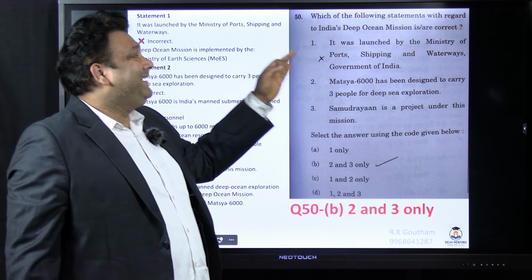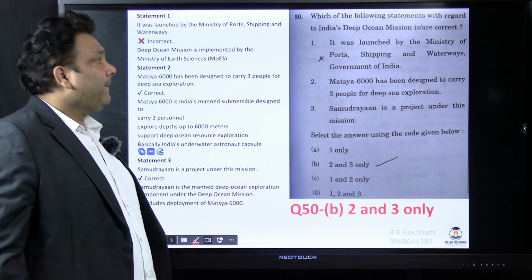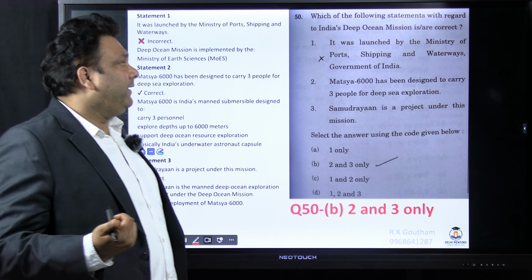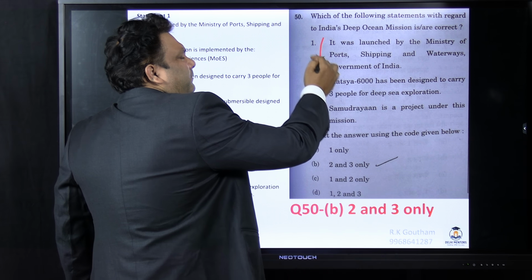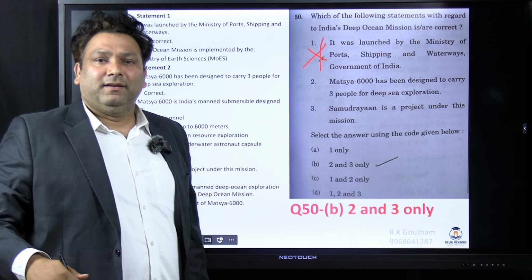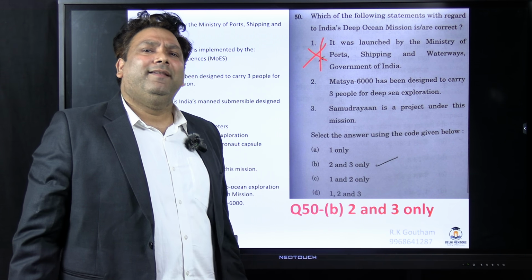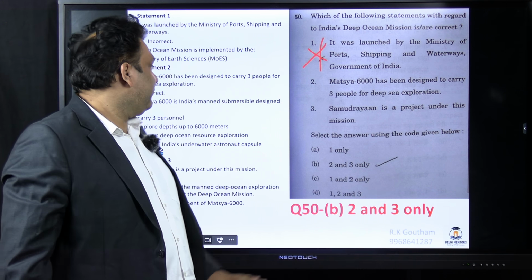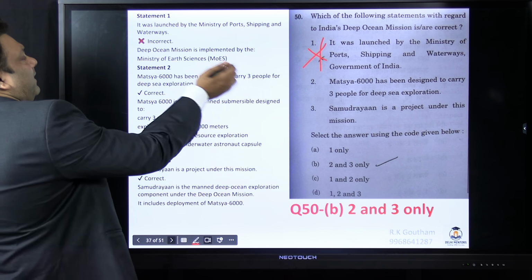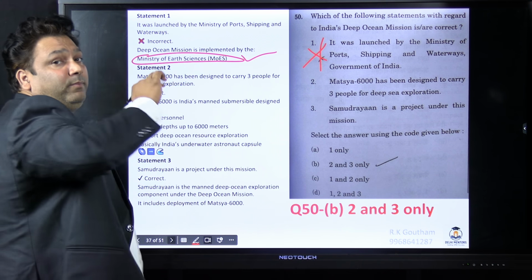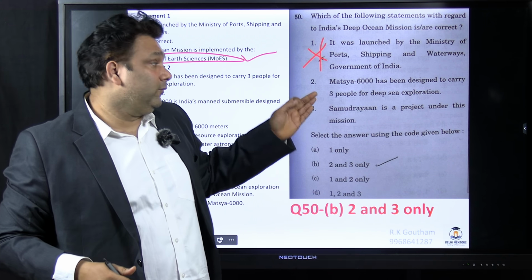So India's deep ocean mission. So deep ocean matlab we'll be going to deep into the ocean. So it is launched by Ministry of Ports and Shipping. This is a misleading statement. अगर UPSC wanted to confuse you, it should have given Department of Science and Technology. तो थोड़ा बहुत confuse होता है. But okay, this is by the Ministry of Earth Sciences. Okay, ये ध्यान रखना. I also keep telling you in the class,